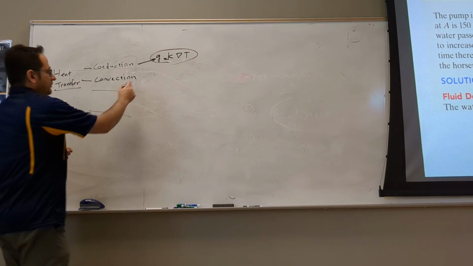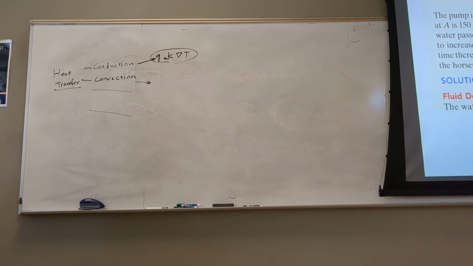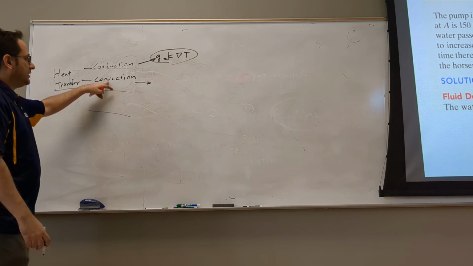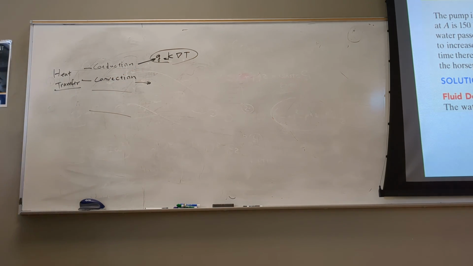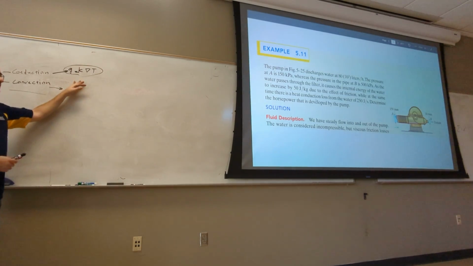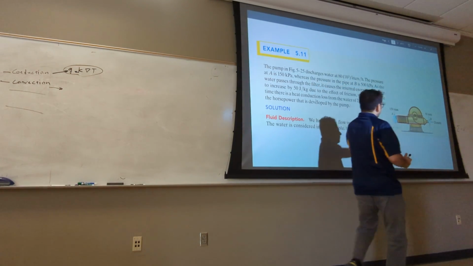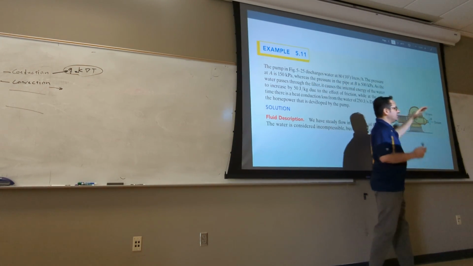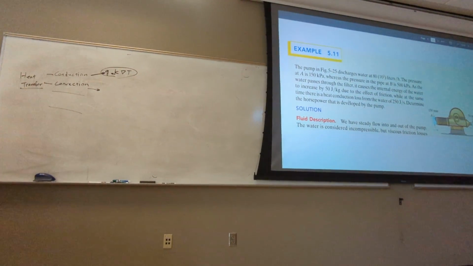But convection, you have to solve the energy equation in the Navier-Stokes. Hopefully by the end of this class or next class, we'll reach that. Computation of this is more involved than conduction. Now here it says the heat conduction loss. The good thing about the energy equation like that is you don't really need to solve a differential equation. It's just like the method of lumped elements or bulk. For the entire complicated shape here, you have a conduction heat transfer of this amount. So they give you the amount without needing to solve it.